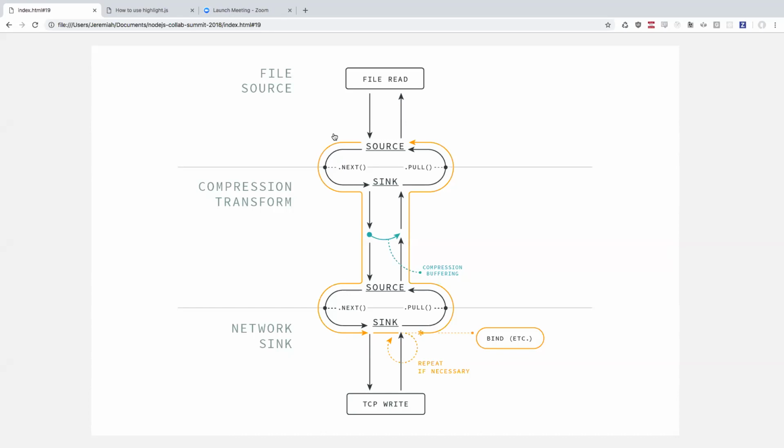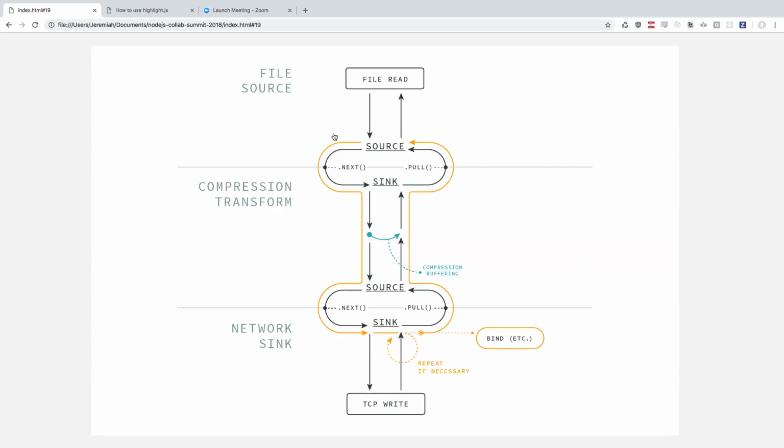That might do some things in between, but it will eventually do a pull to whatever your actual source is or another transform. In this case, it's the file source, so you wait on a file read, get data back, that would go through next back into the compression transform, and the compression transform might do stuff with it. Transforms may need more data, specifically for compression transforms, so it might actually go back and request more data before returning it further. It might do a couple loops there to say, okay, I have enough data to